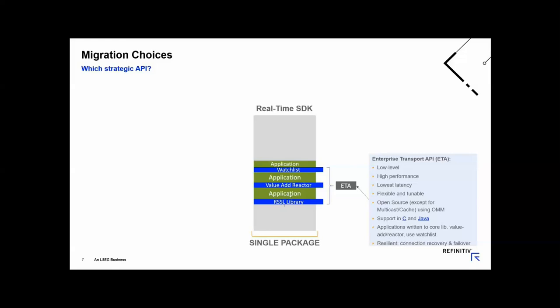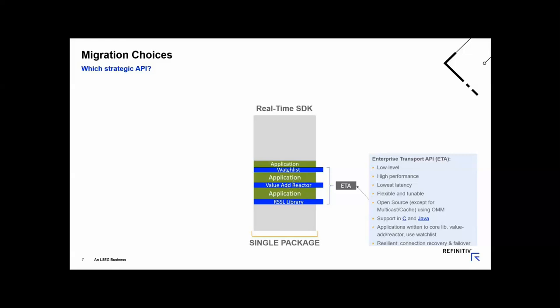And if you would prefer to write your application to a higher level, we also offer the value add layer. Now, this is where we introduce the concept of dispatching, callbacks. So once again, you'd be saving a lot of time writing that application, because you are writing to a layer that handles all of the administrative messages, such as the login, source directory, dictionary, etc. And you're also saving in terms of how you're dispatching over to the network. So it also does all of the recovery for you, and connection recovery is available here.